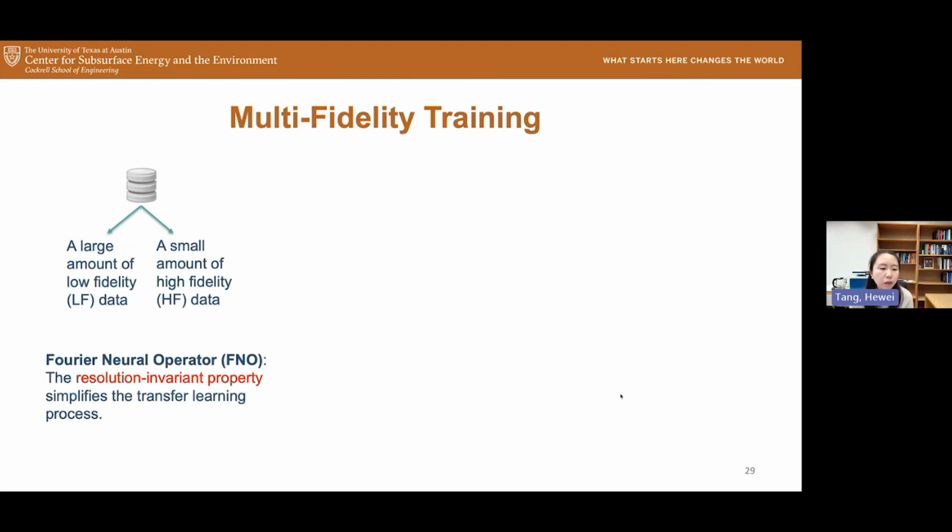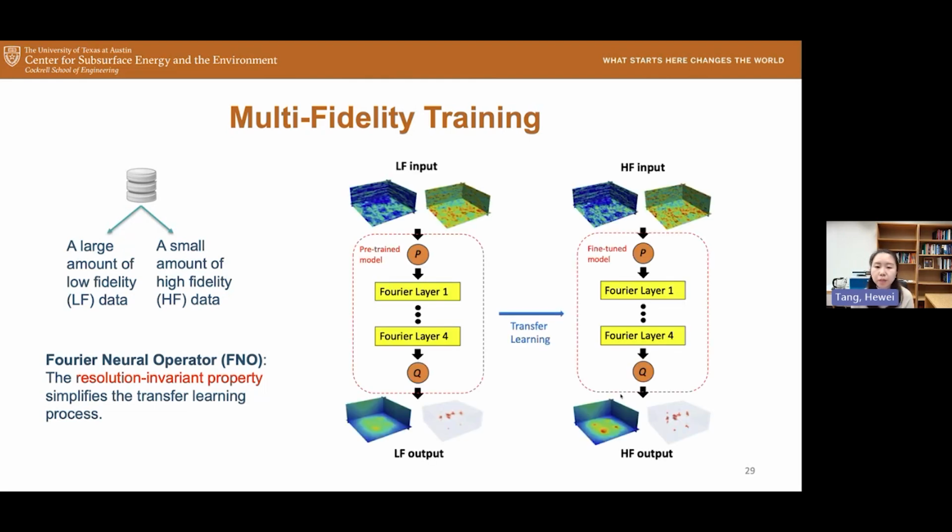And the FNO, since it has this resolution invariant property, makes the transfer learning process much simplified. So in general, we just need to pre-train the model with low fidelity data and use it as the initial model to fine-tune for the high fidelity data without changing any model structure,